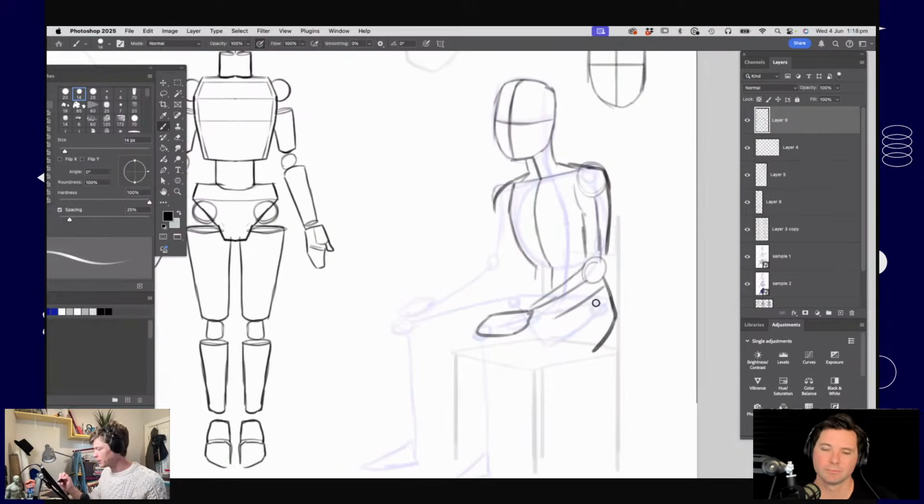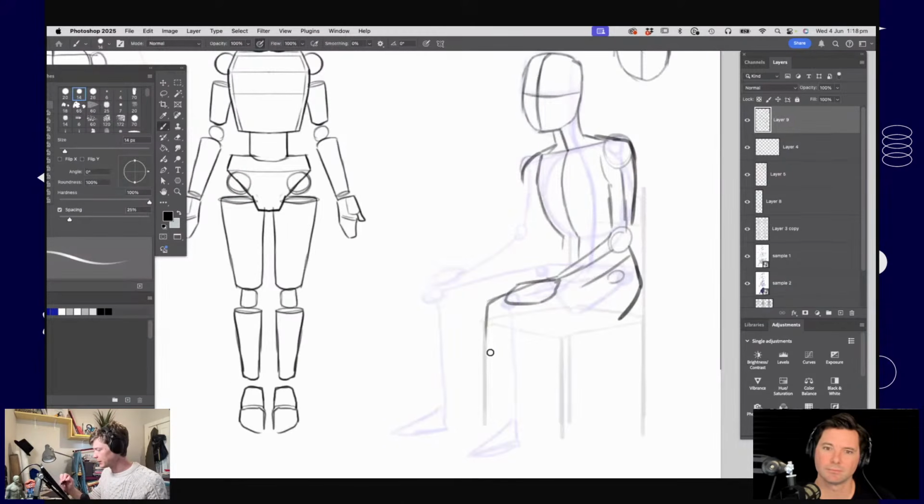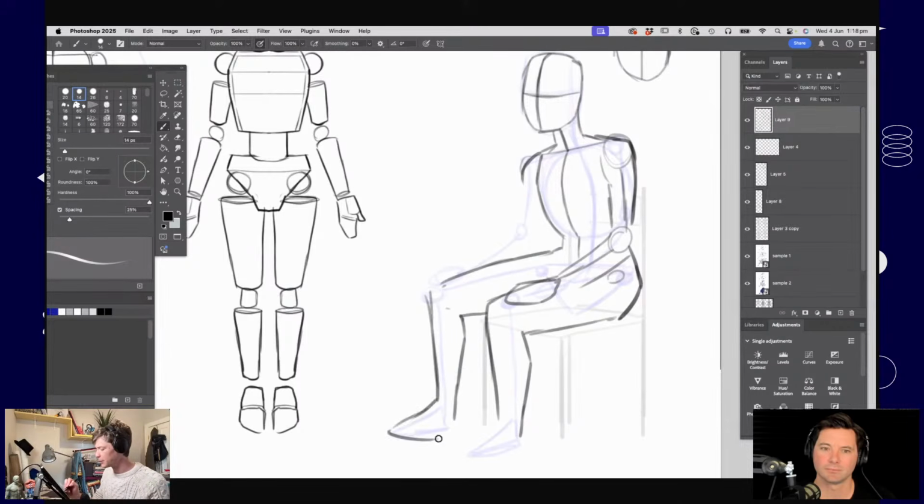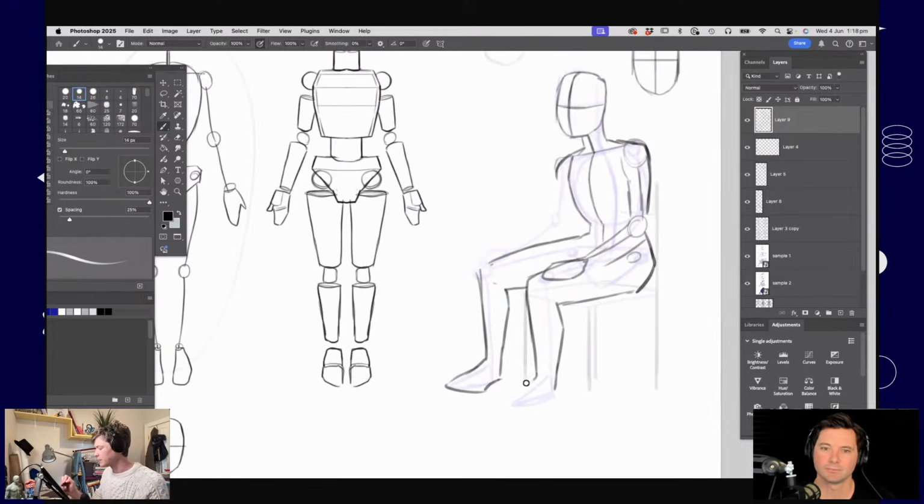So we'll just block those out. Might have the legs coming down here. And I'm jumping ahead a little bit and starting to fill out this character. But I'm just trying to show you what I mean about using those lines as a framework that I'm adding the rest of the drawing to.